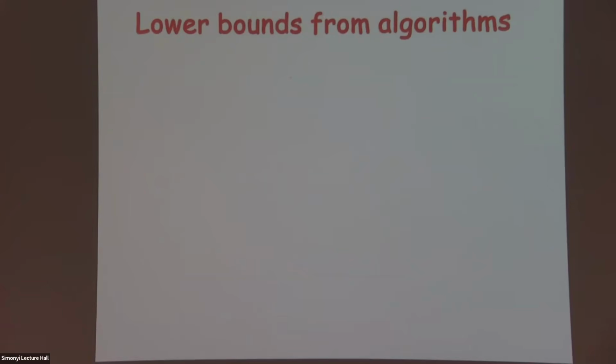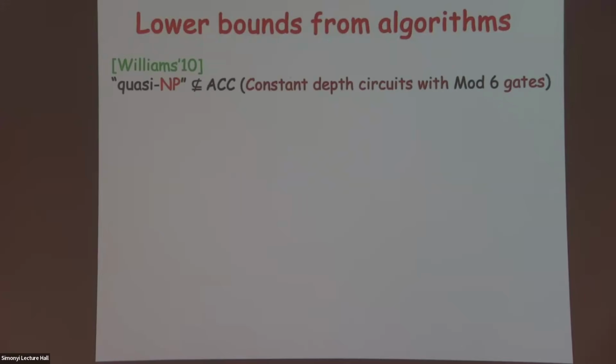The last two slides are about a different approach to proving lower bounds. This is proving lower bounds by doing the opposite, the thing we sort of excel in: finding algorithms. Here's an amazing result of Williams. Amazing, you can say it's pathetic also, but I told you we don't know that NP is not in ACC,